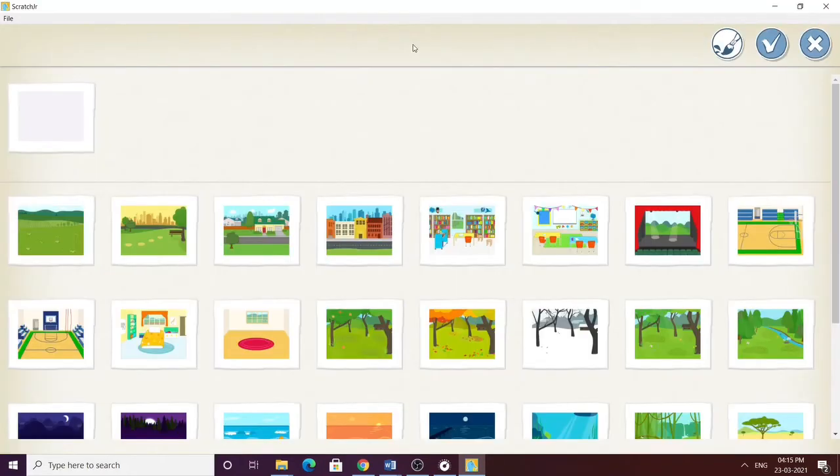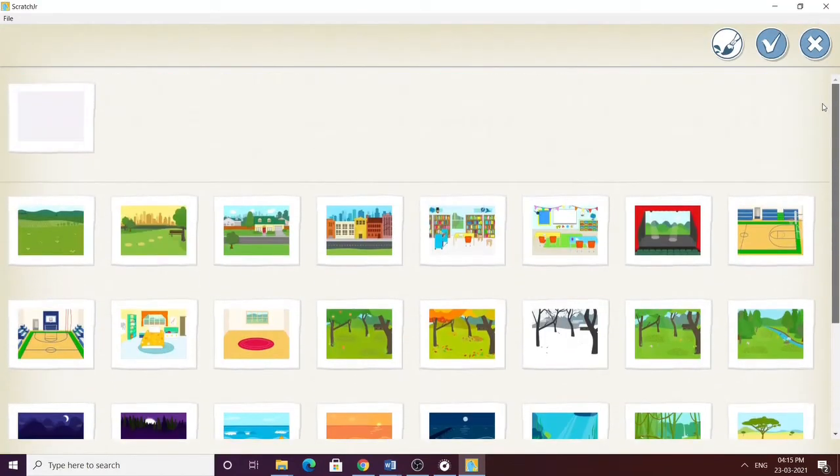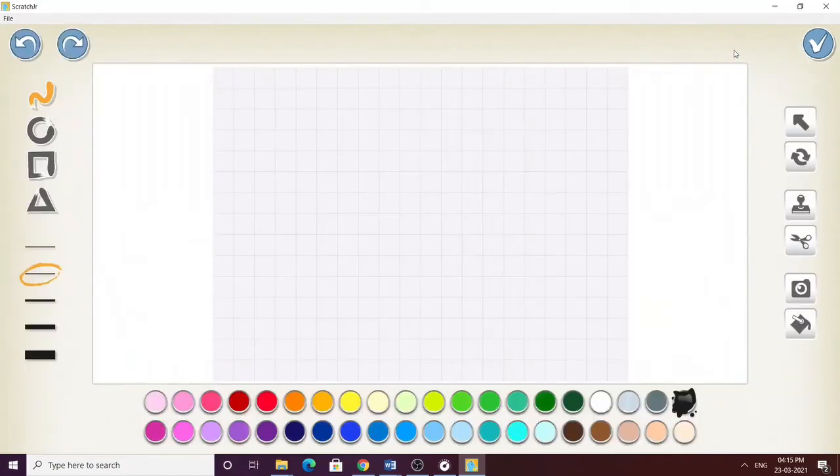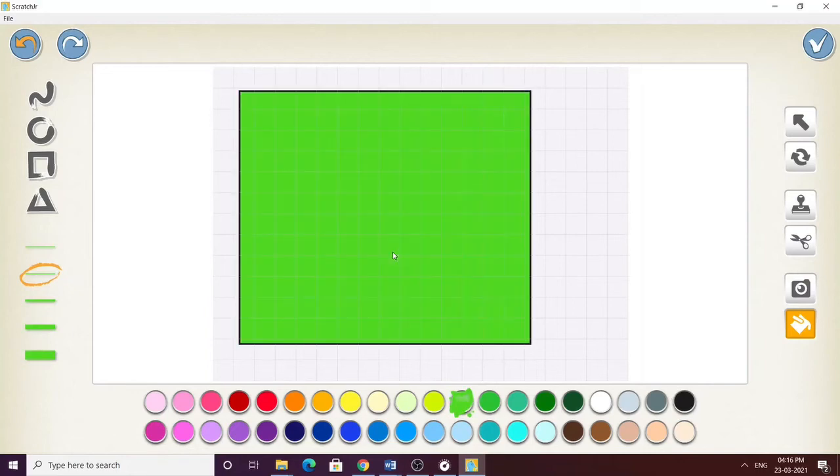And this, as I've already said, is for adding background to your projects. You can edit your own backdrop here. So I'm using the square toolbar from the left and I'm going to fill some color in it. To add some color in it, just click on this fill button and choose a color. So I'll select this green and I have colored this box.